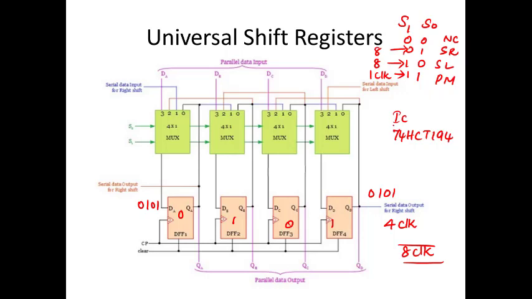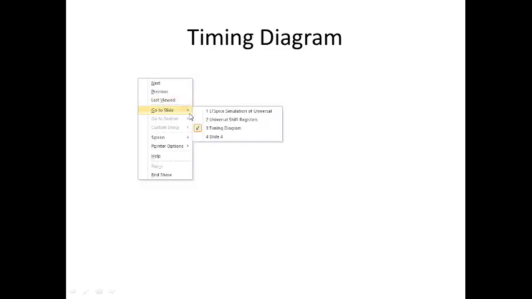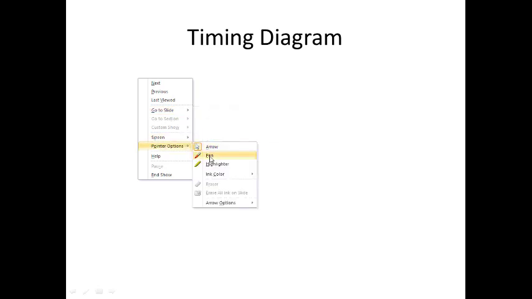So we need to clearly define the timing period, like for which time you are going to use this particular universal shift register as a shift right operation, or as a shift left operation, or for a parallel mode operation. We need to define exactly by using the 74HCT194. So here in this LTspice simulation, what I am going to do is